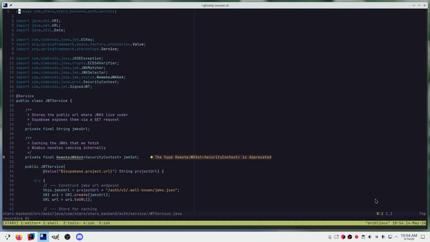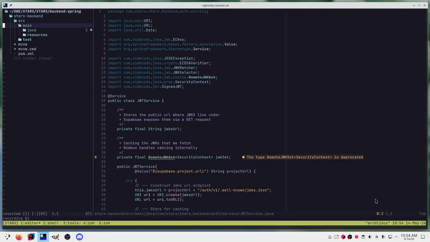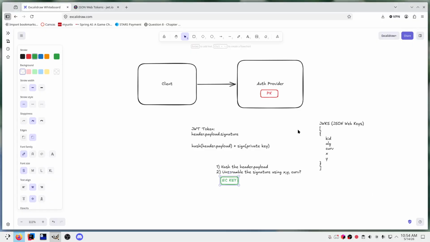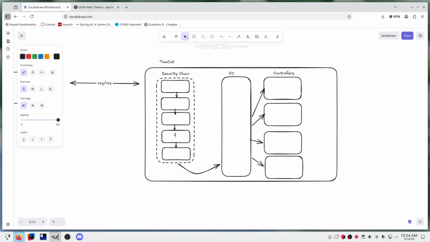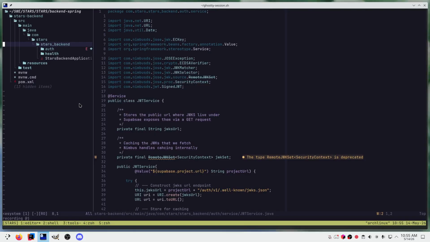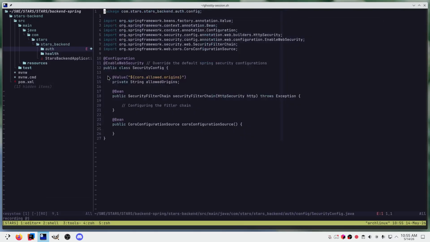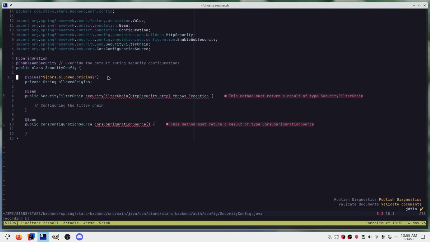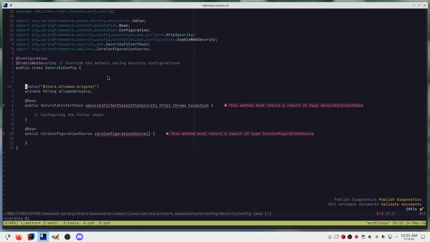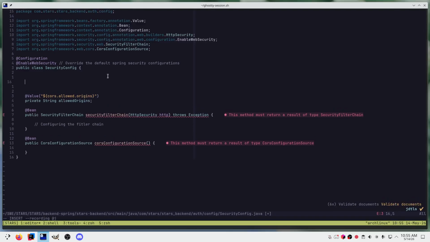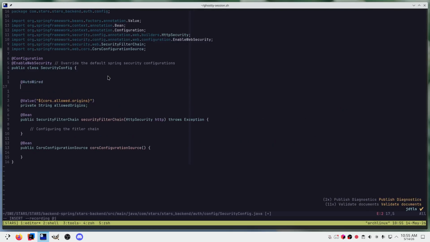Then, what we want now is to actually create our own JWT filter, right? So again, what I'm referring to is one of these is a JWT filter, right? We essentially just want to override that filter. So what we want, let's go back to our config, and then let's say that we have this, right? Let's say an autowire JWT filter,